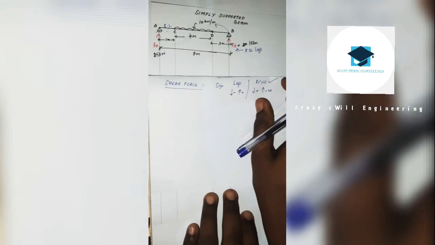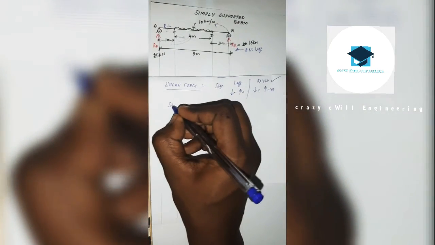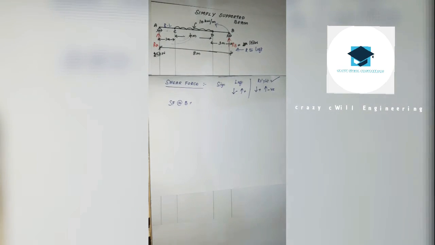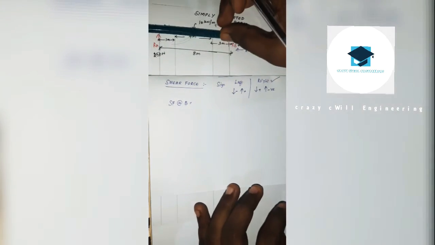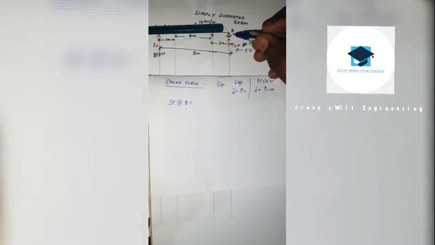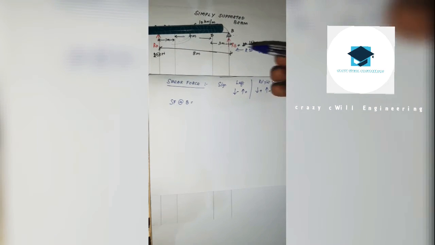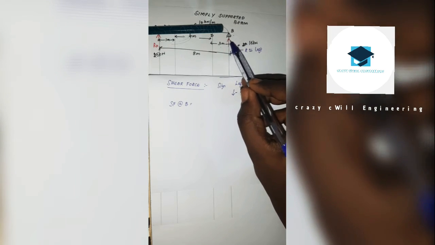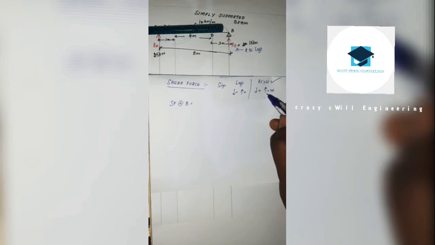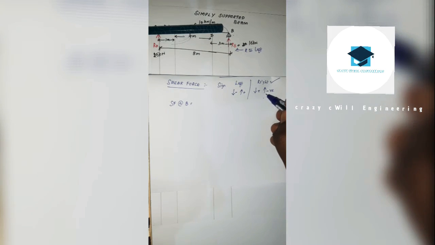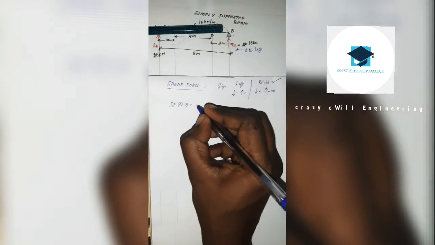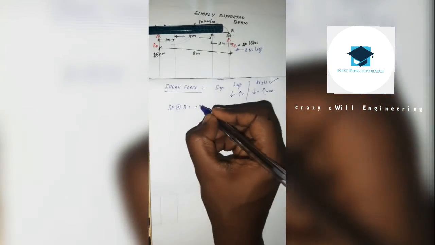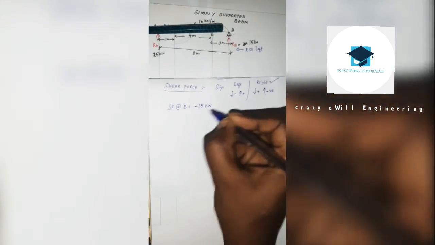Now I am going to calculate shear force. Shear force at B. Consider this point, hiding other forces and focusing on B. Here I am taking right to left. So RB is acting in the upward direction. Upward means negative sign for shear force. So put minus. RB value is 15 kilonewton, so put minus 15 kilonewton.